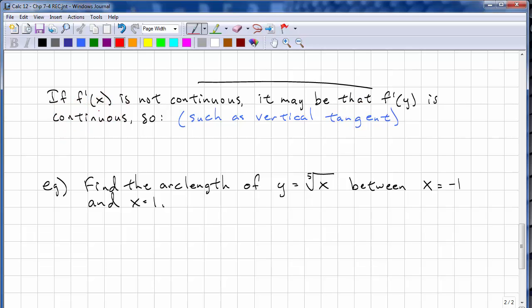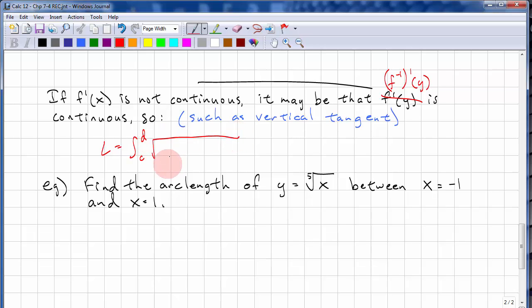If the derivative of x is not continuous, it might be that this is incorrect. This should be the inverse derivative of y. So we find the inverse of this function, and it's now with respect to y. This might be continuous, and an example of this is vertical tangents. Then we would need to do arc length. It's going to go from C to D,